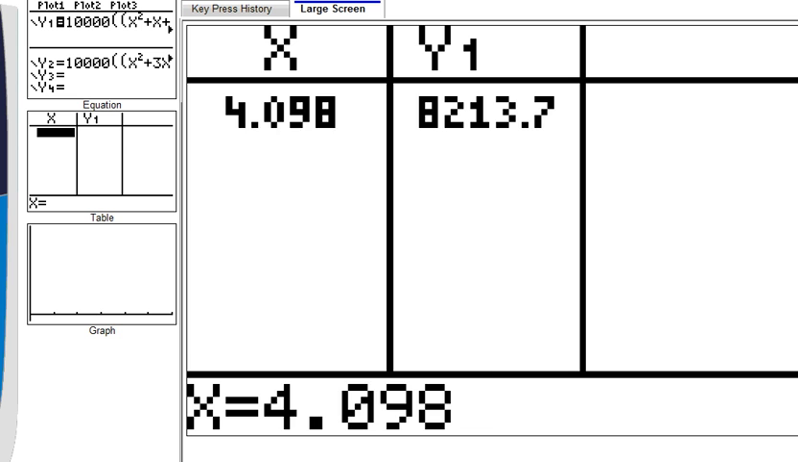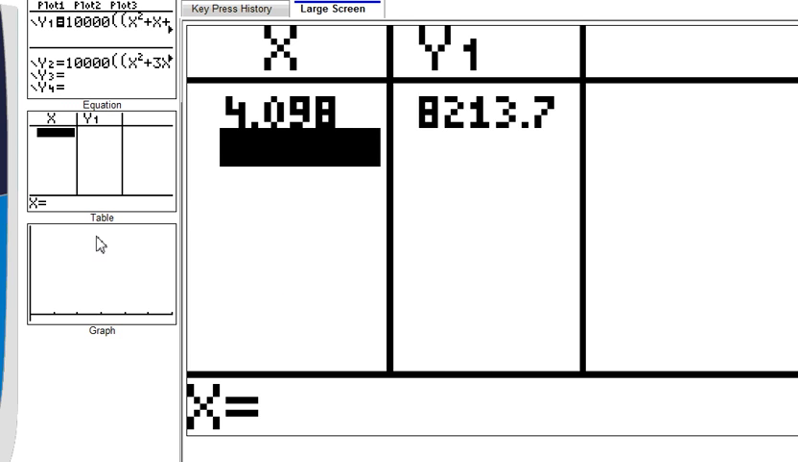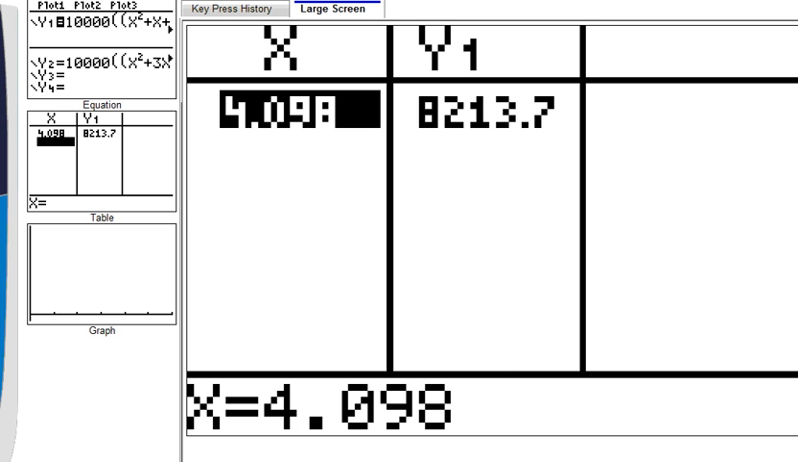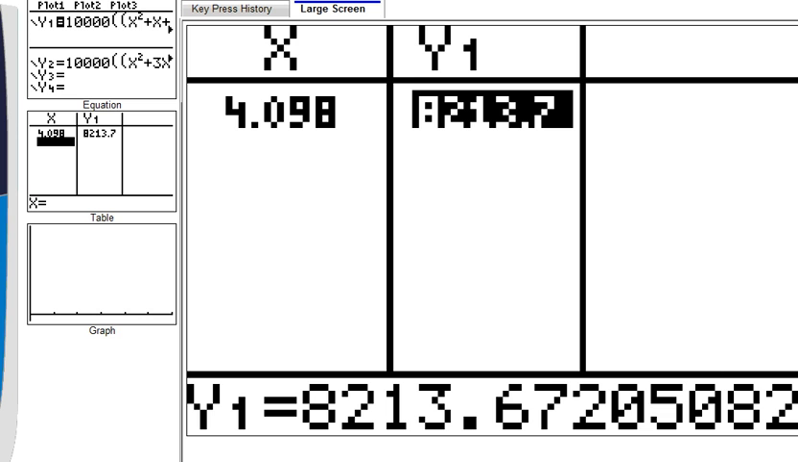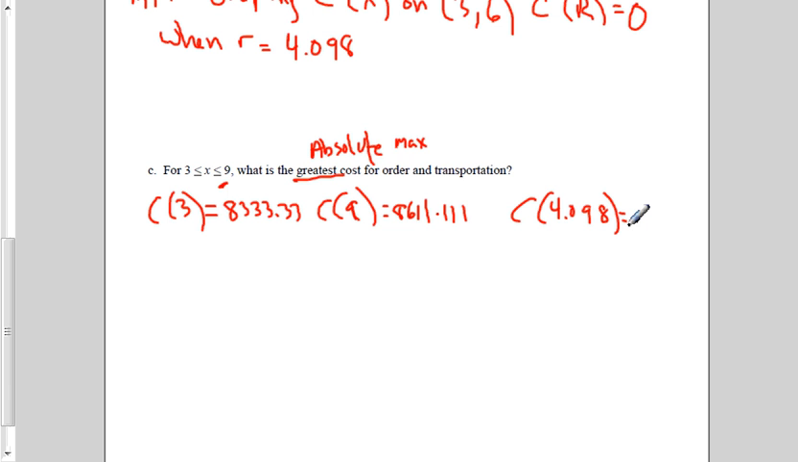It is, and I find out that the value of this function is, and you could have done this for the other values too, 8,213.672. Again, each time I want to go to 3 decimal points. So 8,213.672. So these are the 3 costs